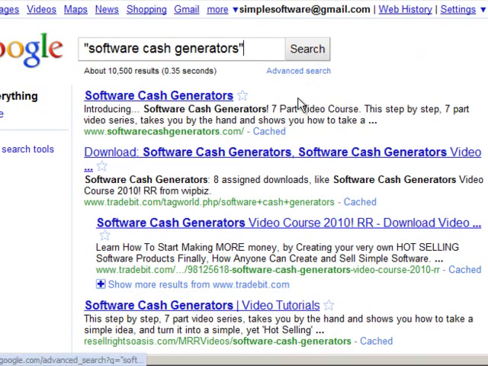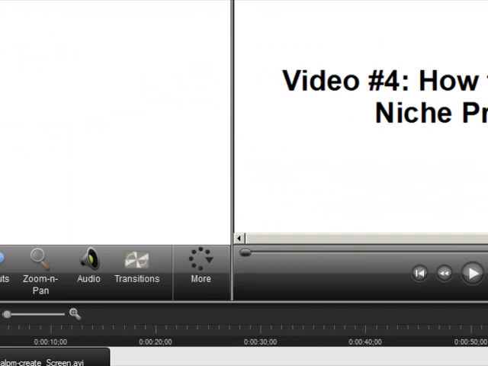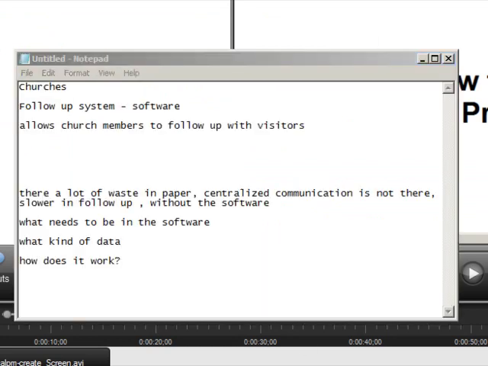If you want to learn about software in a more detailed manner, go to Google and type in software cache generators. Or whoever sold you this product might have it too. Software cache generators is another video product, but it also dives into software development, things like that.